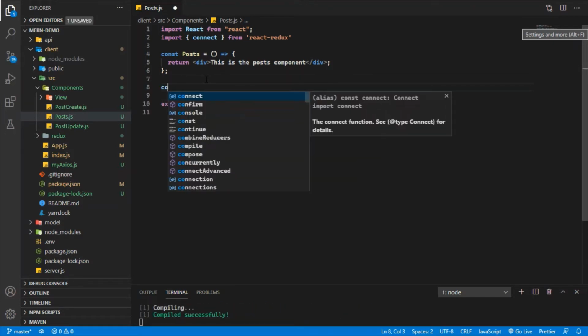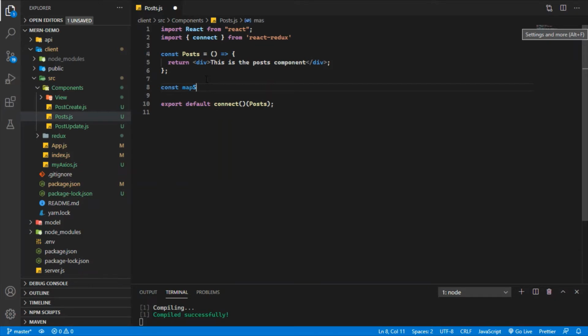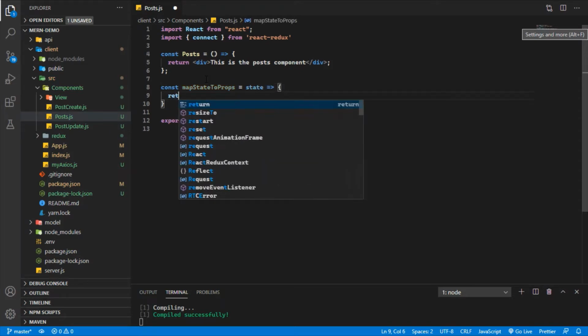First it will be mapStateToProps, and this will be a function and it will get our state, and from that I'm going to return